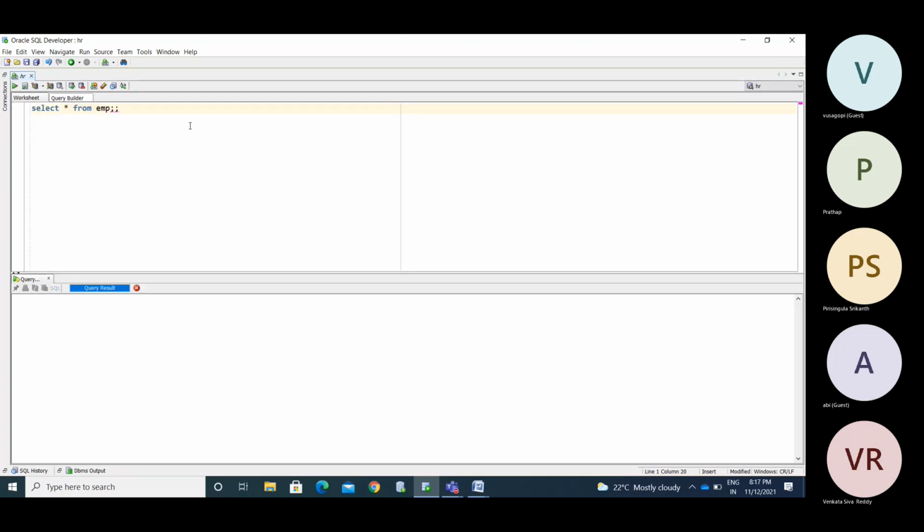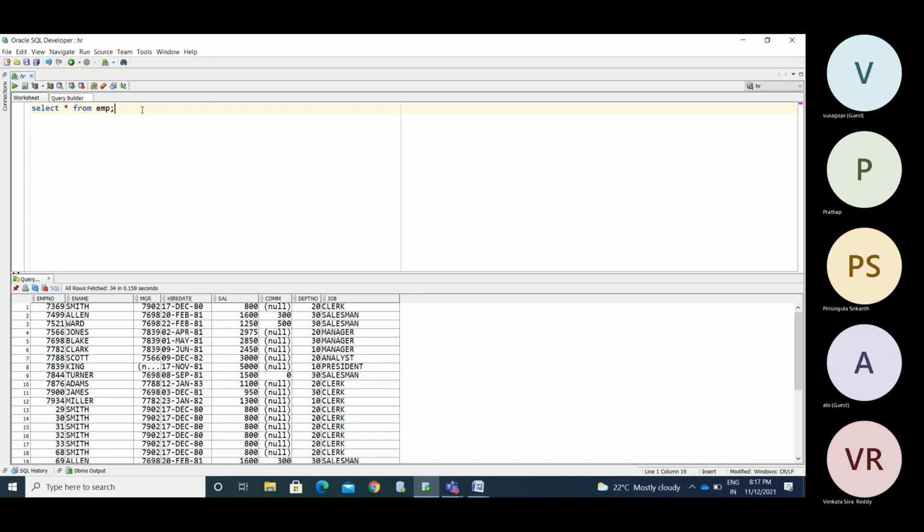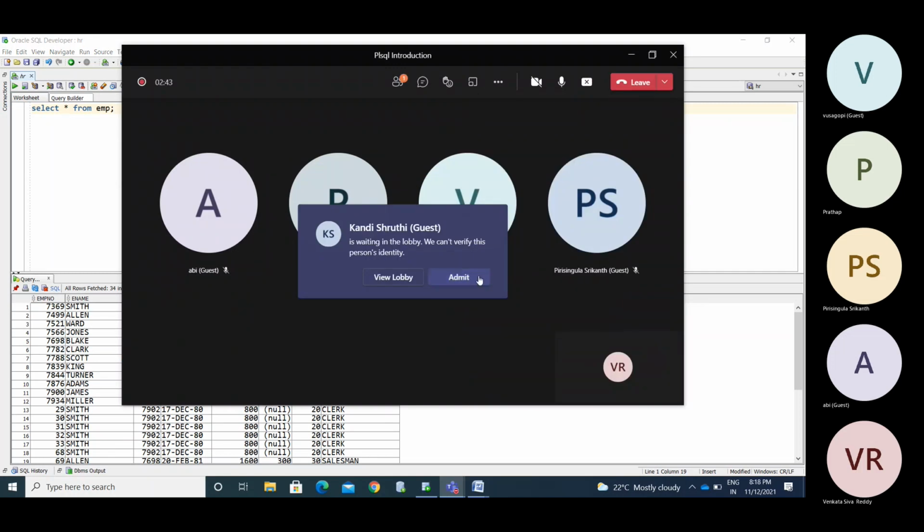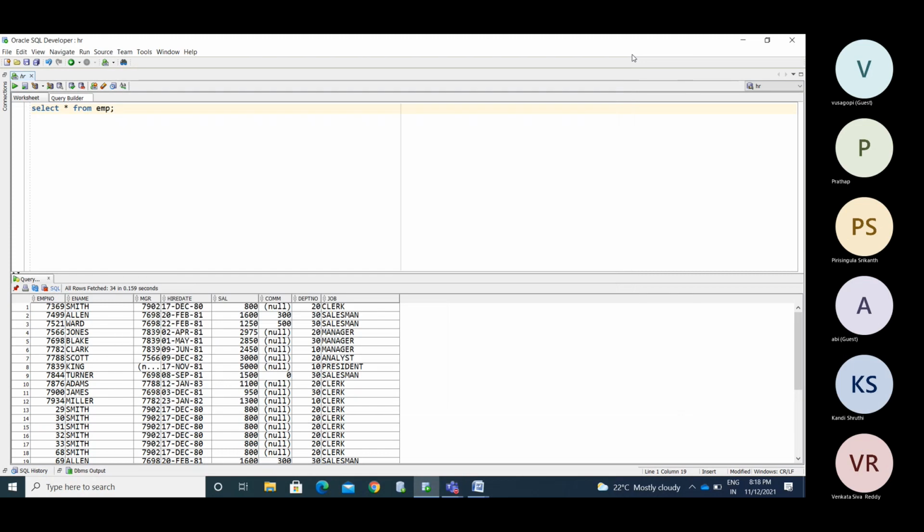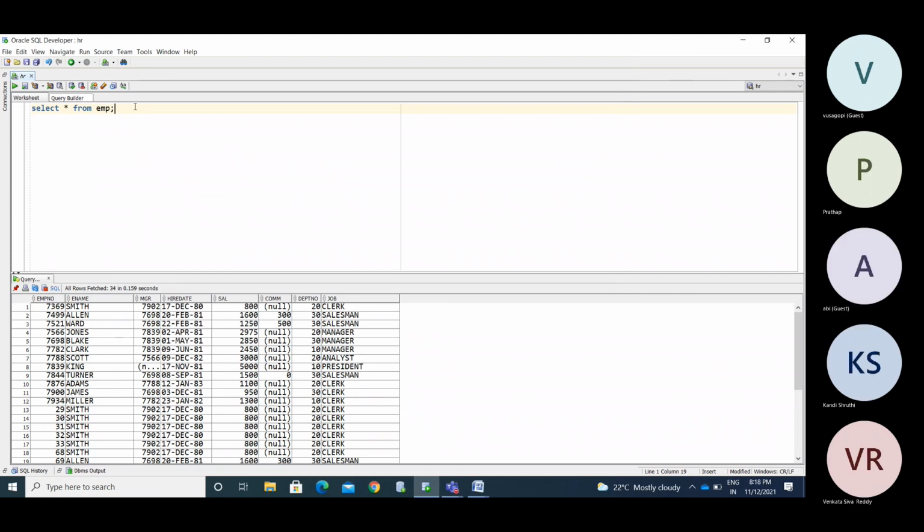Okay, so now you can get the data in this. The alias names will help you to reduce the length. Suppose the table name has more than 30 or 40 characters.